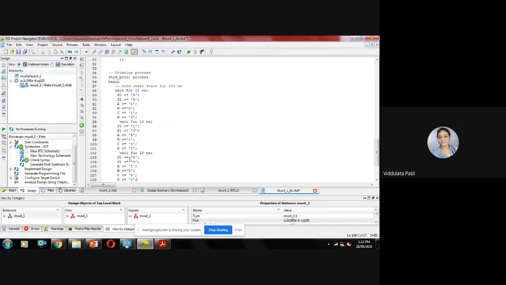Okay. Then I'll make S0 as 0 and this is 1. I'll keep this as it is. I'll make this as a 1. Others I will make it as a 0. Now what will be the value of output? 1. Yes, it will be 1.